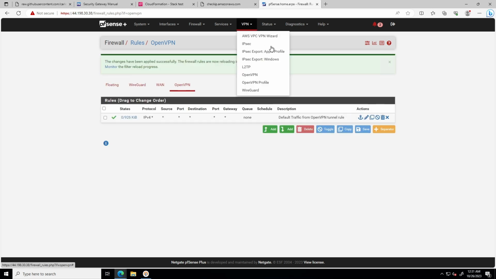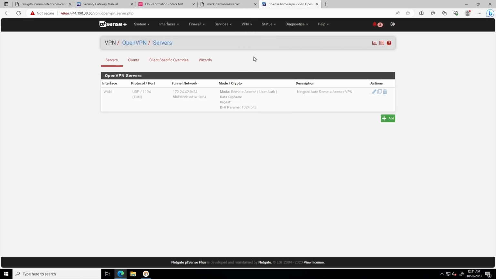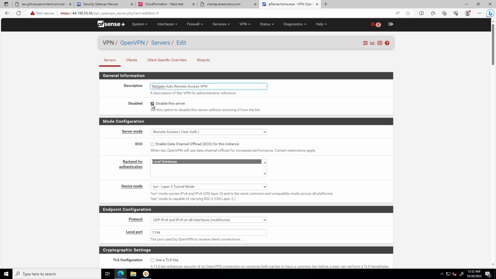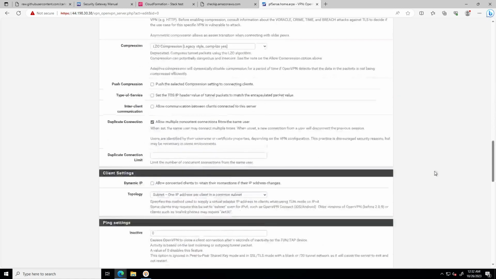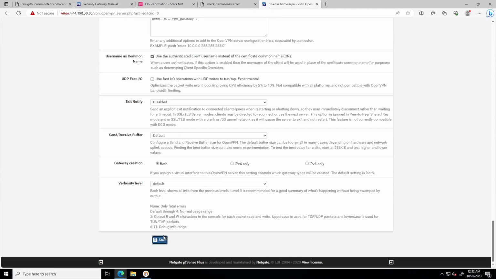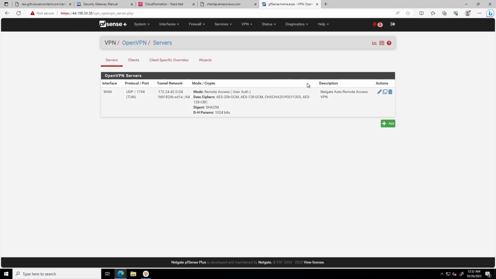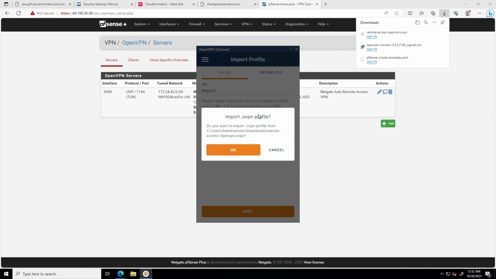Now on this one we have to enable this one here. Now we're going to enable the server from here over OpenVPN. We can enable it by just unchecking this checkbox here. We have to scroll down to the bottom and click on save. And finally we can download the profile. Okay, now I'm just going to click on that one. That is going to import it to the application,